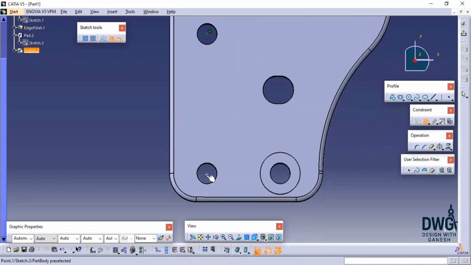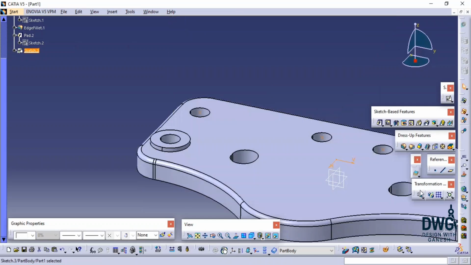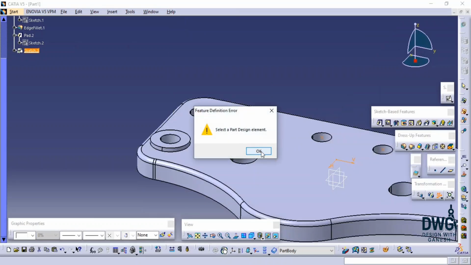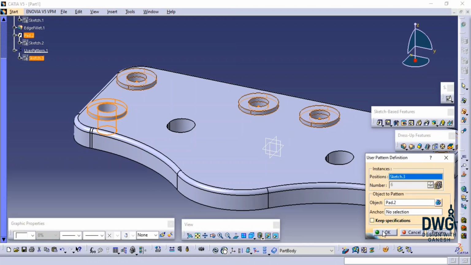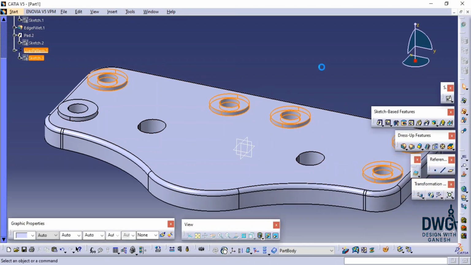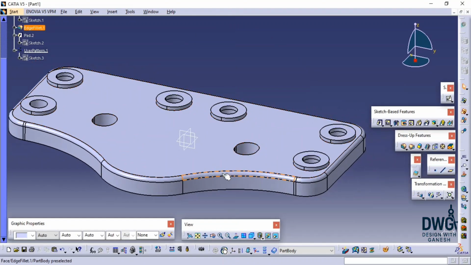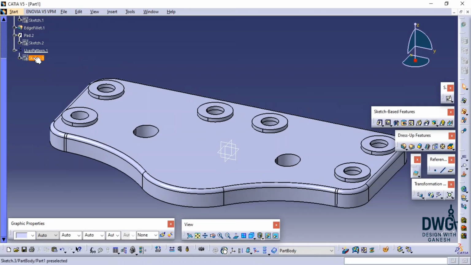Let me make it fast. That's it guys. So exit from this workbench. Now select this user pattern option. So okay, now the object to pattern, you have to select it from the specification tree. So pad I'm choosing, and for the positions I need to use, select these points. That's it. So you can see